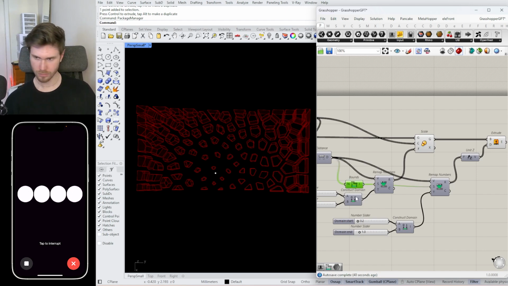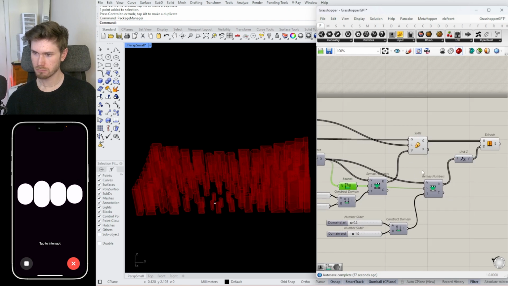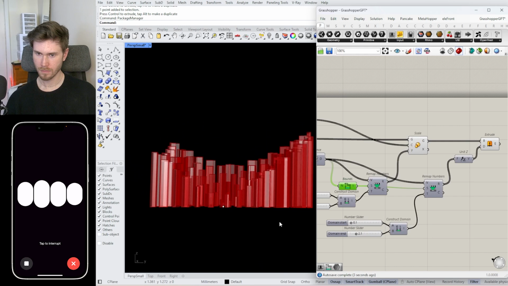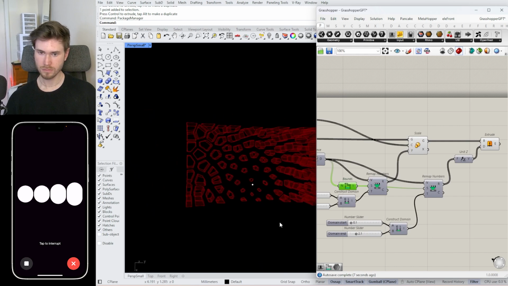5. Scale Voronoi cells. Scale. G: original Voronoi cells. C: centroids from area. F: remapped values for scaling. 6. Extrude Voronoi cells. Unit Z. Input factor: remapped values for extrusion. Extrude. Base: scaled Voronoi cells. Direction: unit Z vector. By following these steps, you can independently control the scaling and extrusion of Voronoi cells using